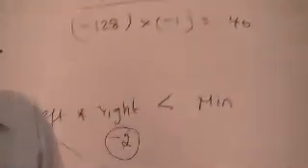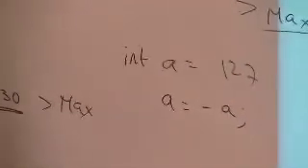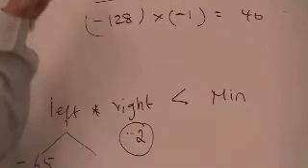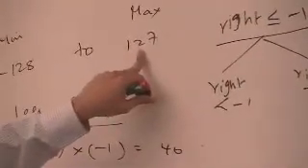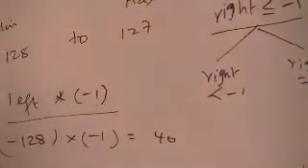So if you have say a is 127, that's the maximum value of a you can have, setting a equals negative a makes it negative 127. That's not a problem because you go up to negative 128. So the only time we have a problem is when the argument is the minimum value. Because the negative range is always 1 more than the maximum for positive. So that's why you have this rule.